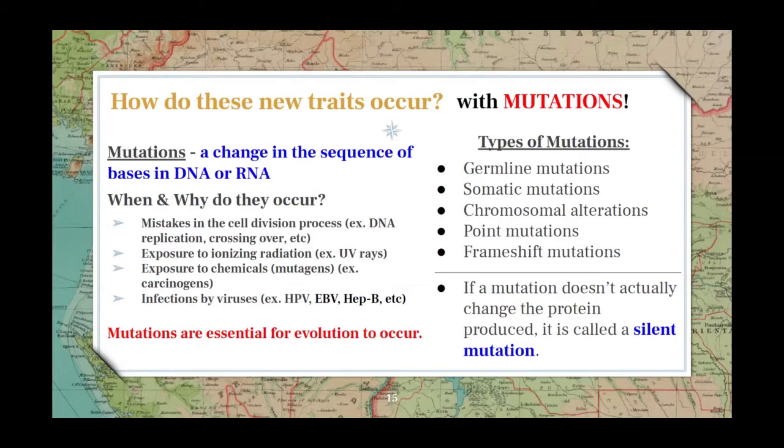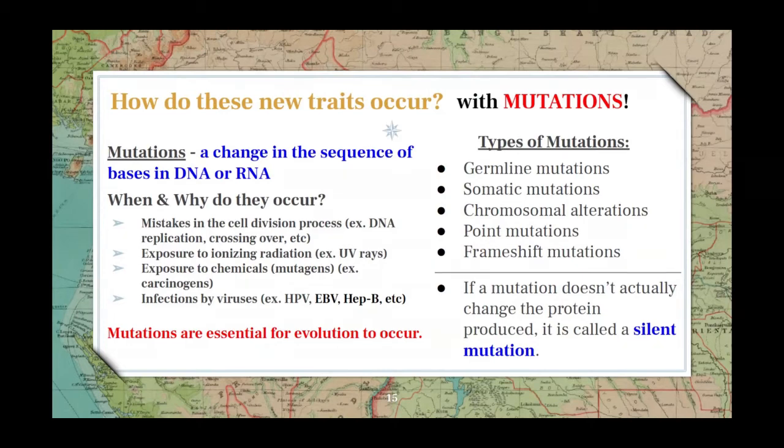Remember, we talked about how cancer was caused by cell division going wrong, the splitting going wrong. And again, this is some kind of mutation within one cell. You also have infections by viruses, HPV, EBV, hepatitis B, that can cause mutations or damage to your cells and actually also lead towards cancer.